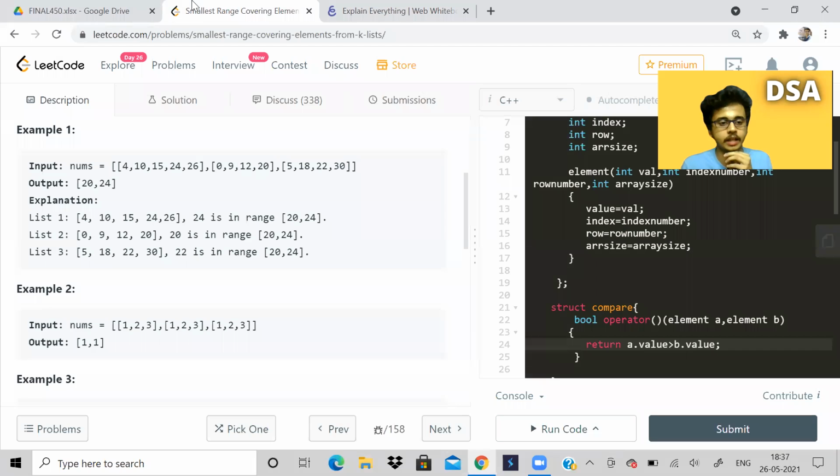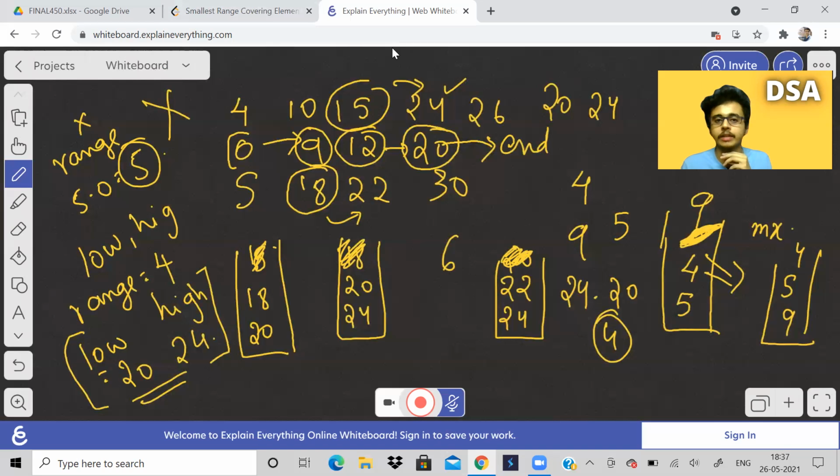So I think I did it correctly. Let's see. Yeah, our answer is going to be 20 24. So what did we essentially do? We always wanted to check for a better range. We wanted to check for a smaller range. So we kept updating our max value as and when we push the element into the priority queue. Because it was a min heap, we knew that the top element will be the minimum to be considered. But the minimum in the answer range, that is this low value, should only be updated if this range is being changed. You should not update low and high unnecessarily.